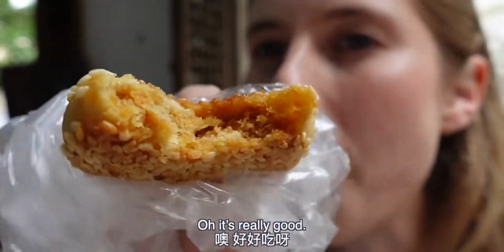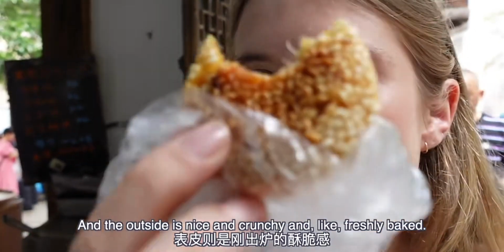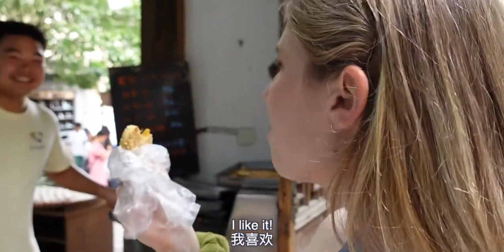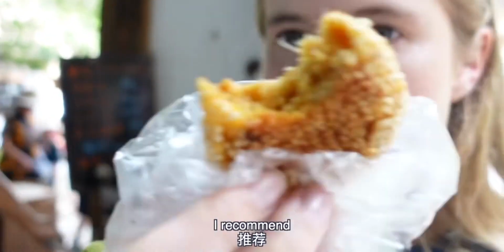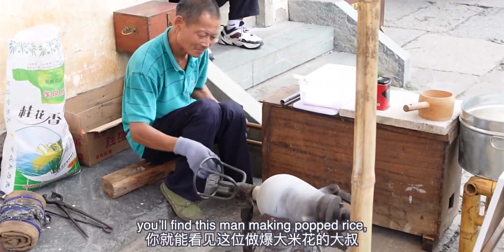Oh, that's really good. The inside is quite salty from that pork floss, and the outside is nice and crunchy and like freshly baked. Oh, this is really good. 好好吃，我喜欢。像它外表皮很酥脆，加上芝麻烘烤的话，它会比较香。哦，对，非常香，好好吃。 And right next to the cake flipping bro, you'll find this man making pop rice, but the old